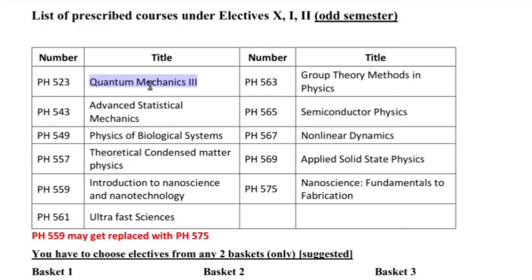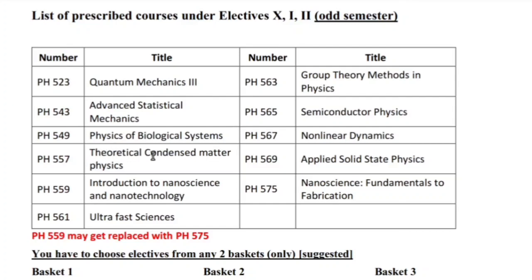I had taken Quantum Mechanics 3, which was relativistic quantum mechanics, which I think is again kind of a core physics course which everyone should go through, because it comes under pretty fundamental physics, special relativity and quantum mechanics. And it is useful in many areas of physics, be it high energy, condensed matter, or astrophysics. Then you have these other electives also.